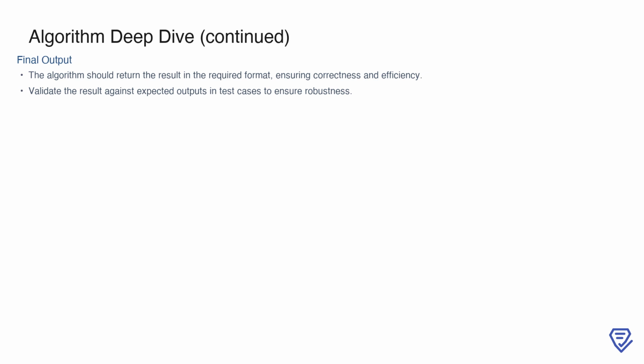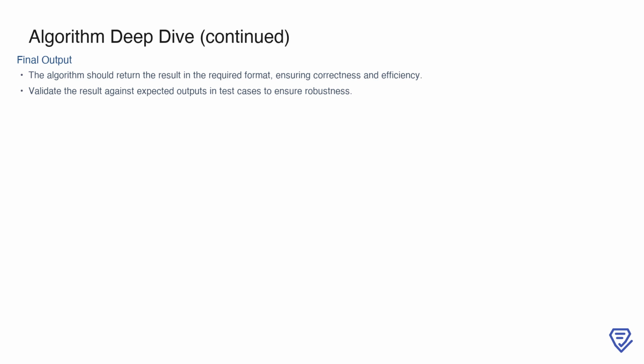This includes testing for edge cases, such as empty inputs, duplicates, and scenarios where no solution exists. By doing so, you ensure that the solution not only meets the problem's constraints but is also reliable under diverse conditions. A robust algorithm is one that handles all inputs gracefully, performs efficiently, and produces accurate results, even when faced